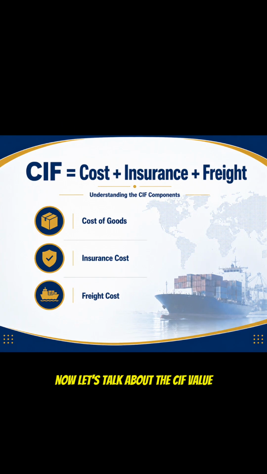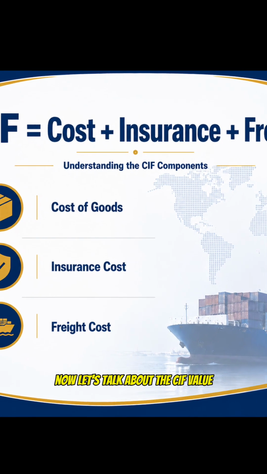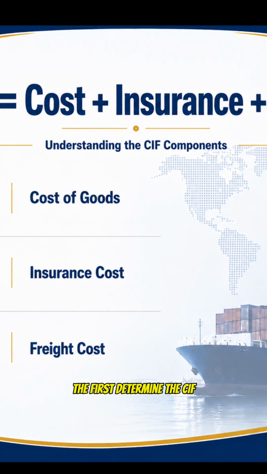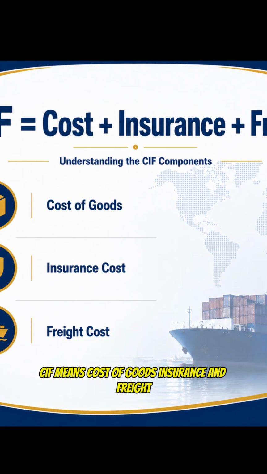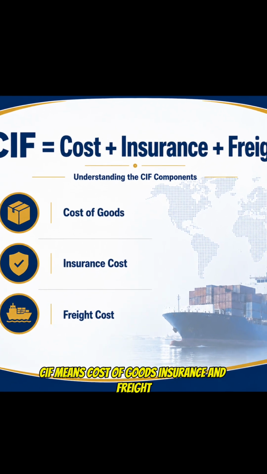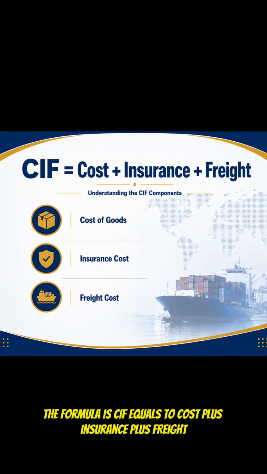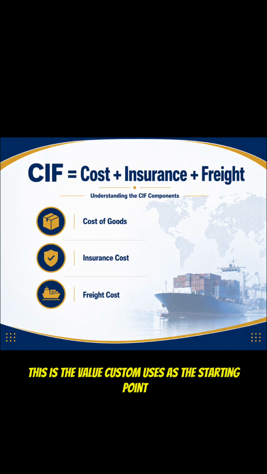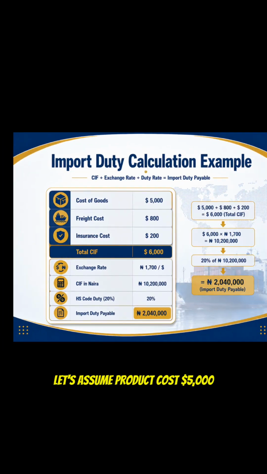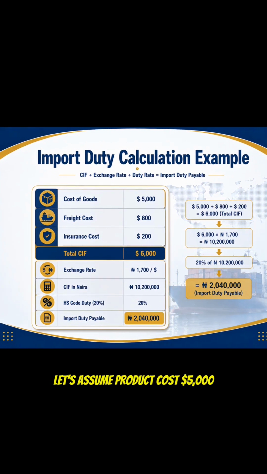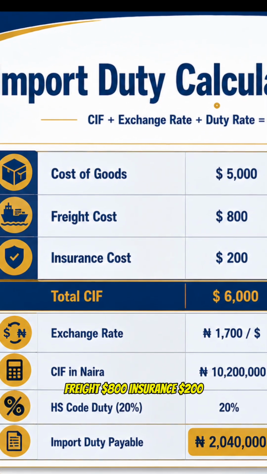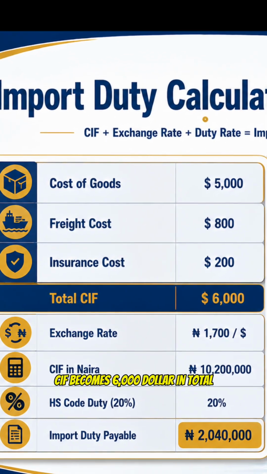Now, let's talk about the CIF value. Before customs calculates duty, they first determine the CIF. CIF means cost of goods, insurance, and freight. The formula is CIF equals cost plus insurance plus freight. This is the value customs uses as the starting point. Let's assume products cost $5,000, freight $800, insurance $200. CIF becomes